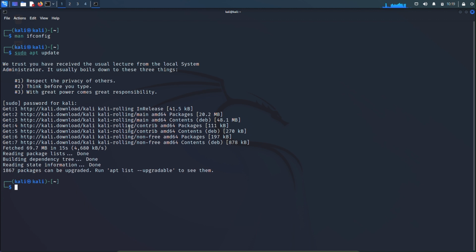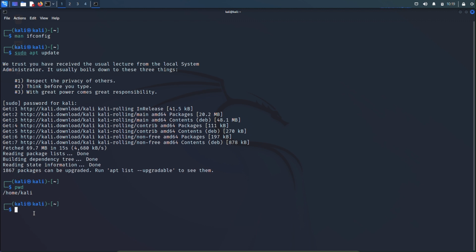Now what I want you to learn is the file navigation system of this Kali Linux machine, and the first command would be pwd. This command will print the working directory, or will tell you which directory you are working in right now. pwd. Okay, right now we are in the user Kali directory here,